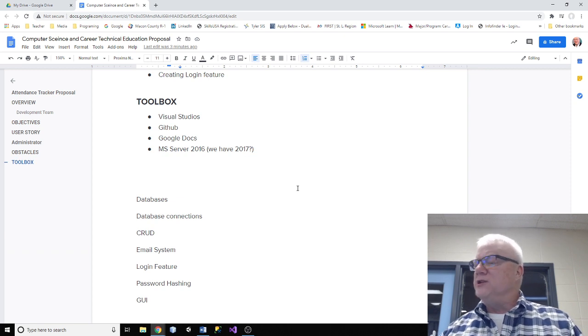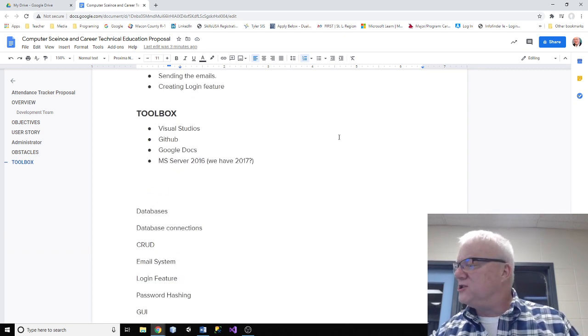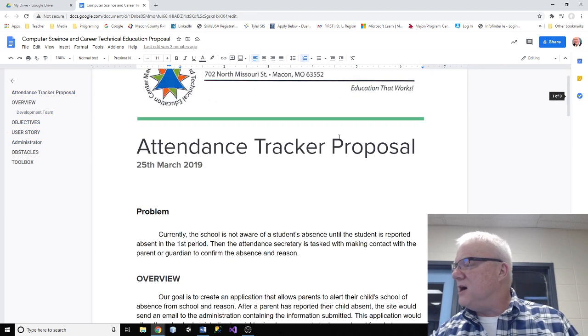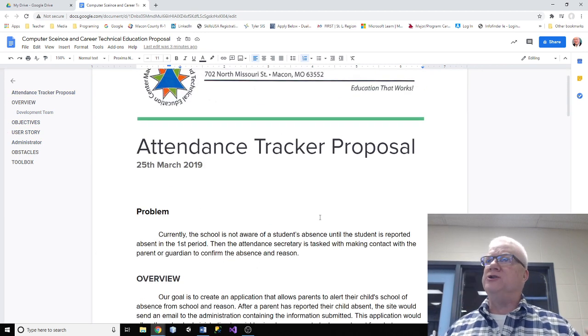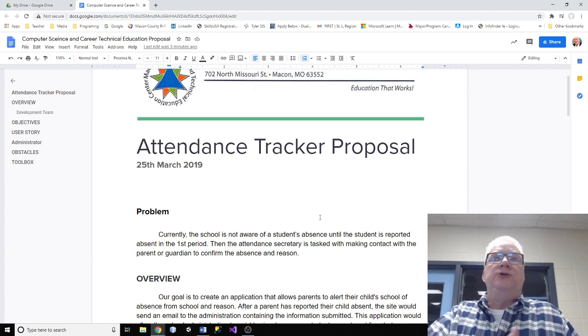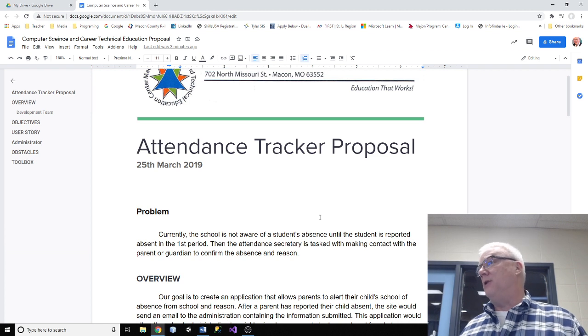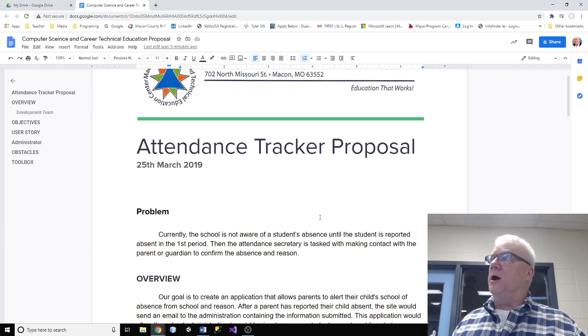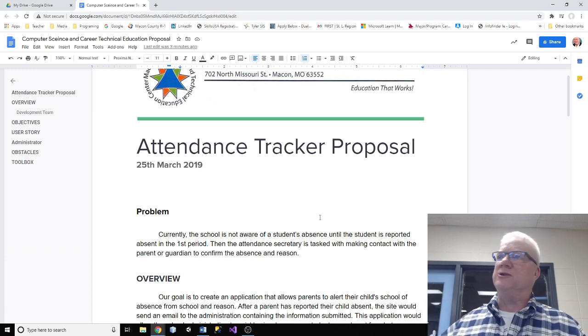So here you can see, this just is a very simple, lays out this project, allows you to work on it and continue to grow the project. Could you add more things to the end of this? Sure. You could add timelines. You could add dates of when we're going to have the proof of concept done. What does a proof of concept need to be able to do to meet the minimum requirements? And you would have a checklist of those things